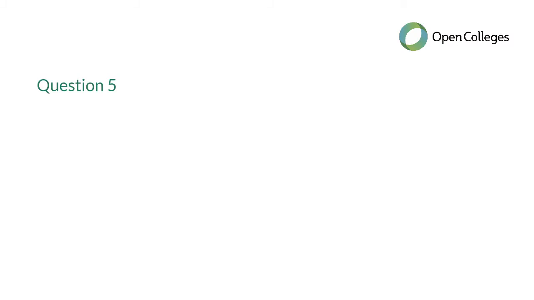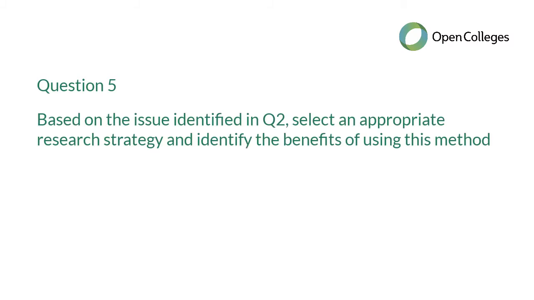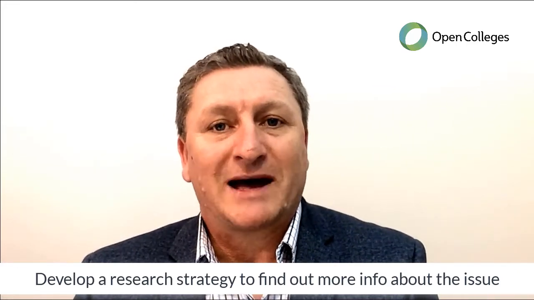Question 5. Based on the issue identified in question 2, select an appropriate research strategy and identify the benefits of using this method. So back in question 2, we were looking at issues related to business strategies and human resource strategies. What you now need to do is to develop a research strategy so you can find out more information about this issue. So again, I'd go back to the networking links that we've provided you and conduct some more